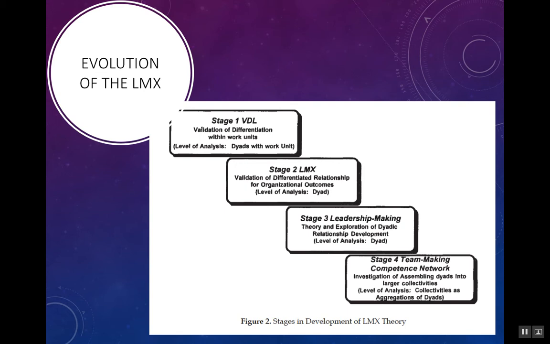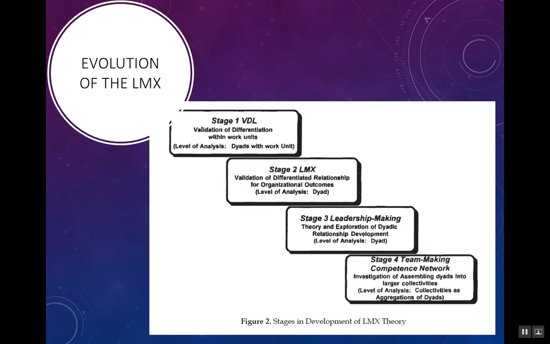Initially, in stage 1, the vertical dyad linkage indicated that relationships are developed at the dyadic level between 2 people. Various members may report highly different descriptions of their leader or manager. This developed the concept of in-groups and out-groups. Stage 2, the leader-member exchange investigated the characteristics of the various dyadic relationships. This included mutual respect, trust, and a shared commitment by the leader and members of the in-group. Research conducted at this time indicated that higher quality leader-member exchange relationships were beneficial for the leader, follower, and organization.